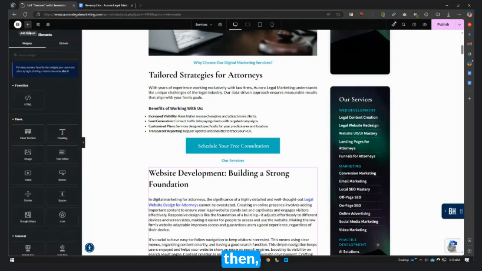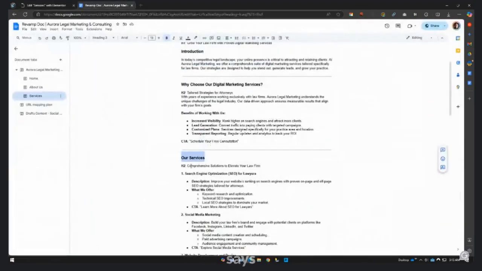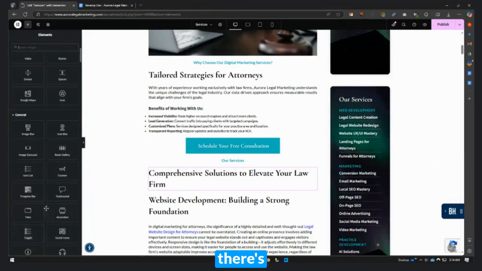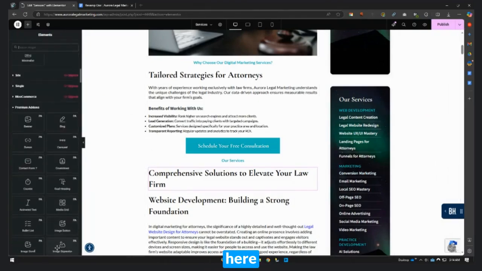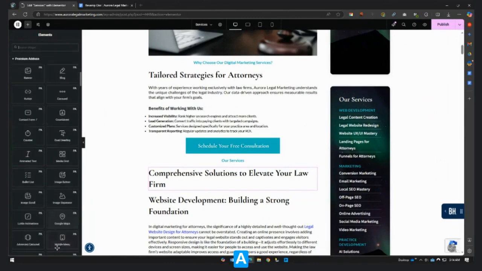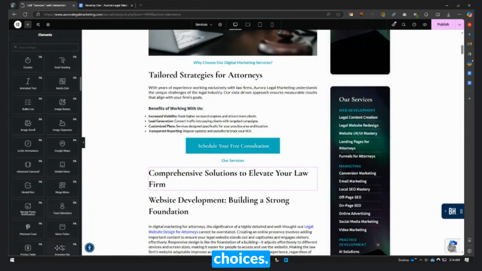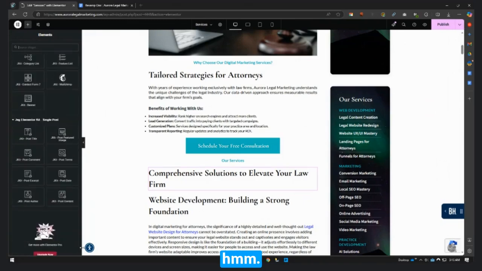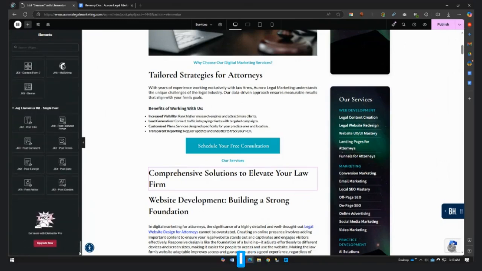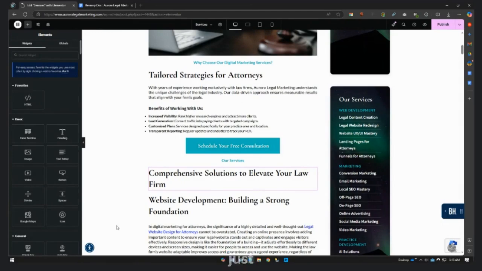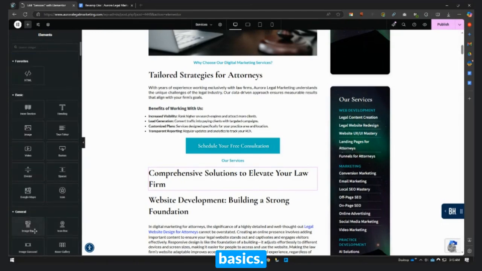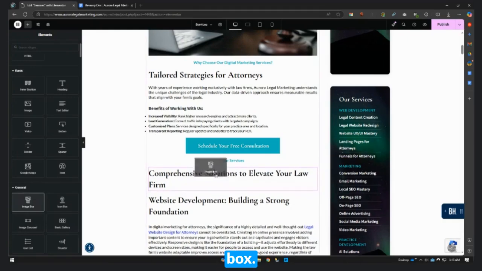Next, a heading again, as it says here, H2. Maybe there's an element here that we can use. Lots of choices and I cannot choose, so let's just go with the basic box.